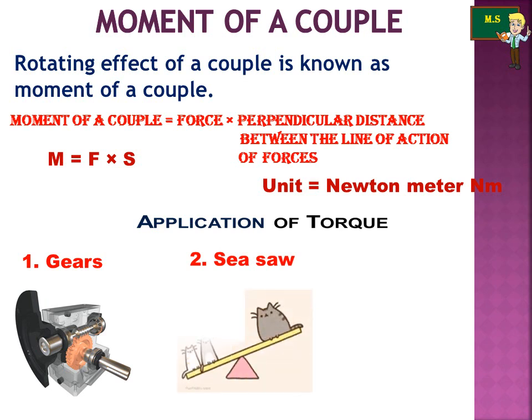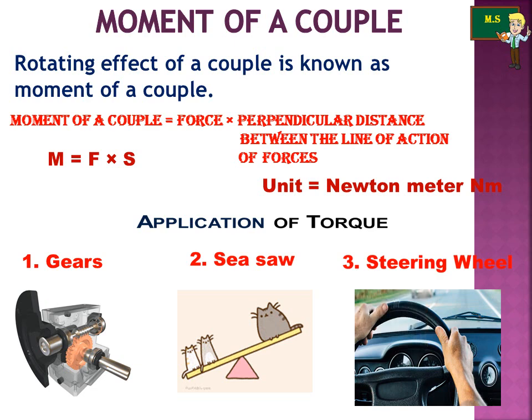Usually you play with this. If there is a difference in the weight of the person sitting on the seesaw, the heavier person's position comes closer to the pivot point. Fulcrum will decrease the line of action of the force. This enables the lighter person to lift the heavier person. Third example is steering wheel. A large steering wheel enables you to drive the car easily by transferring a torque to the wheel with less effort. And the last one,